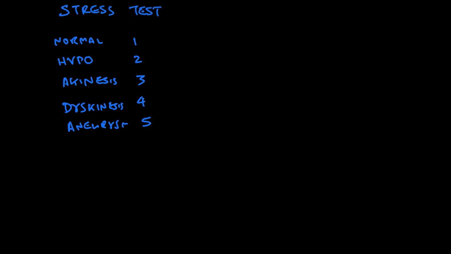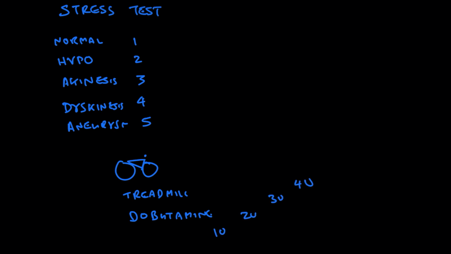And so how do we do an echocardiographic stress test? Well, basically, there's a couple different ways you can stress the patient. One way is to have them ride on a bicycle. You could have them exercise on a treadmill, or you could give them dobutamine. With dobutamine, you'll gradually increase 10 to 20 to 30 to 40, increasing every few minutes